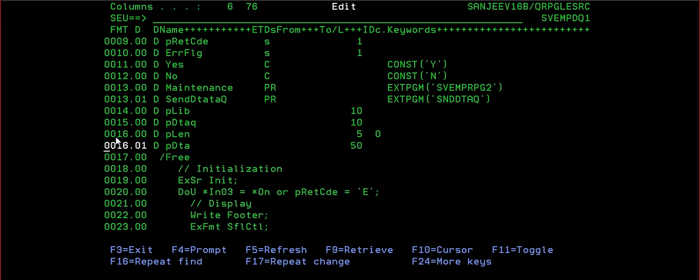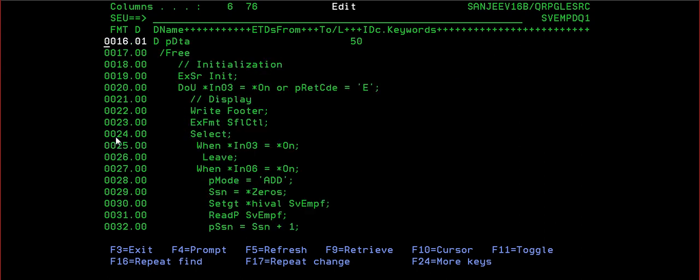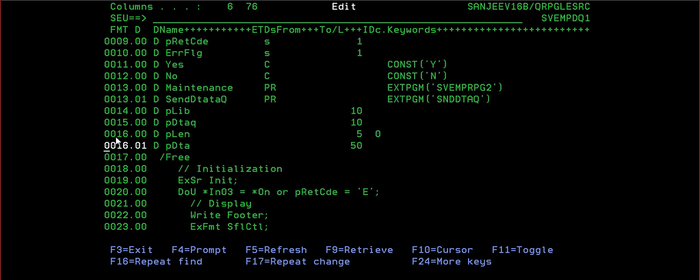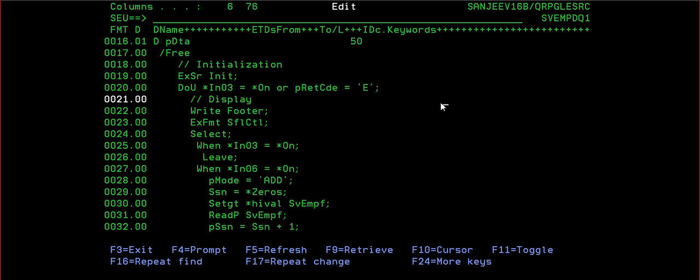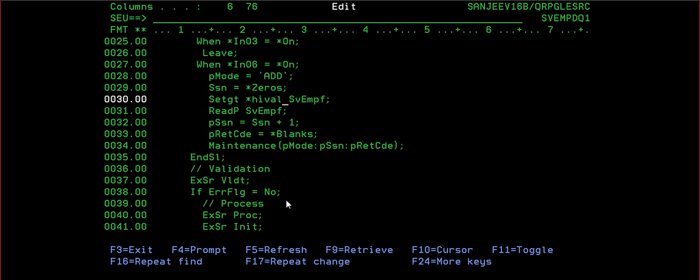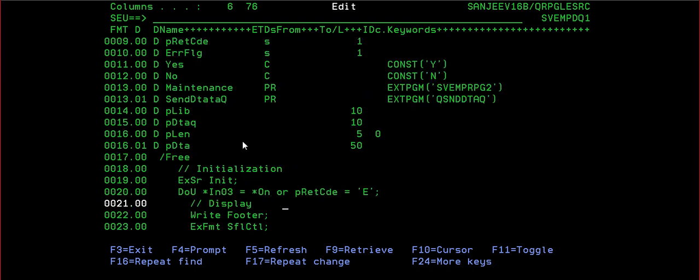Now what I have to do? Send data queue is a system API. You have to keep the queue send to data queue. So whenever we are moving, we have to put that, right? So let me do one more thing. For this one, let us declare these local variables.